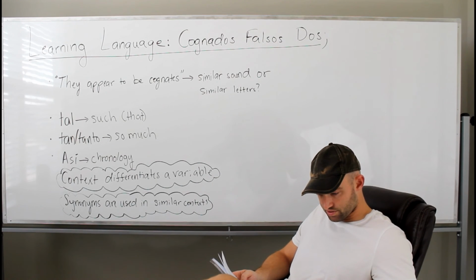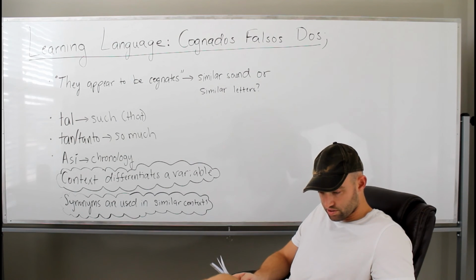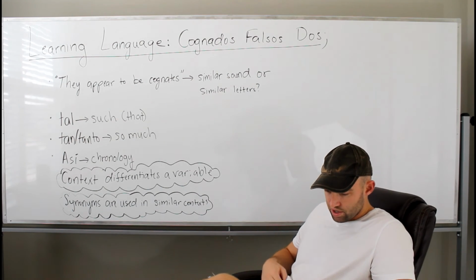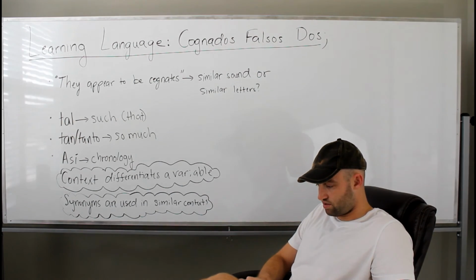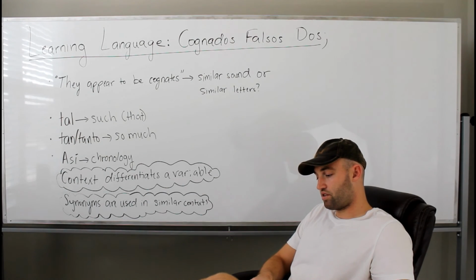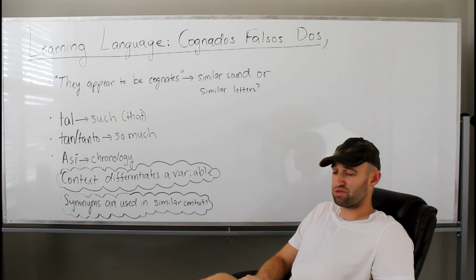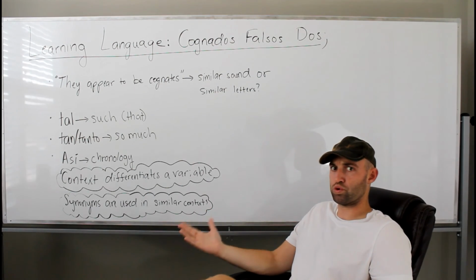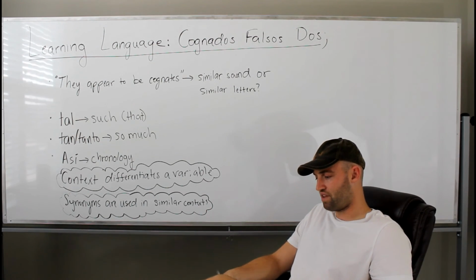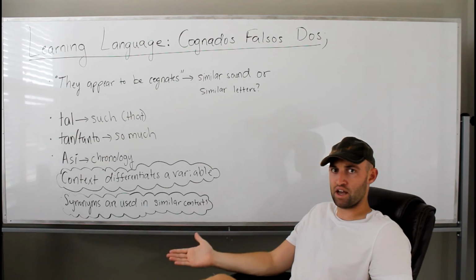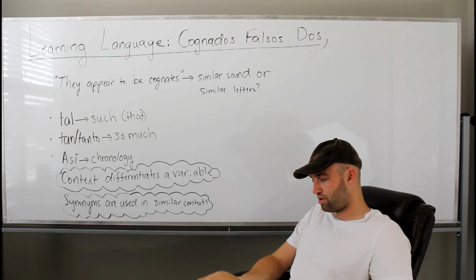Last one for this episode, desmayo. That kind of sounds like dismay. I'm thinking that's what the cognate is. I agree with that for sound. But desmayo, it says faint. I look it up in the dictionary, it says desmayo, faint, or swoon. English words, those are kind of interesting to me. Swoon, like if I'm going to swoon a girl or something. Faint, the first thing I think of is passing out, losing consciousness.